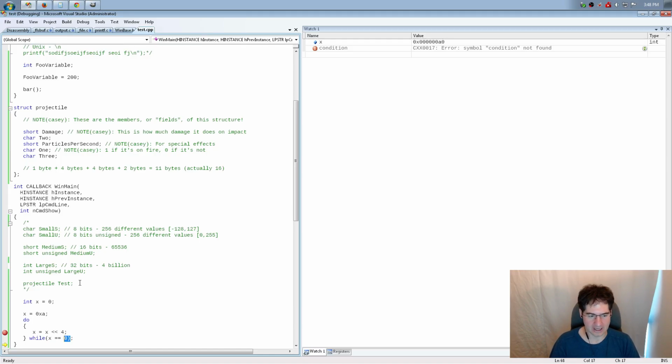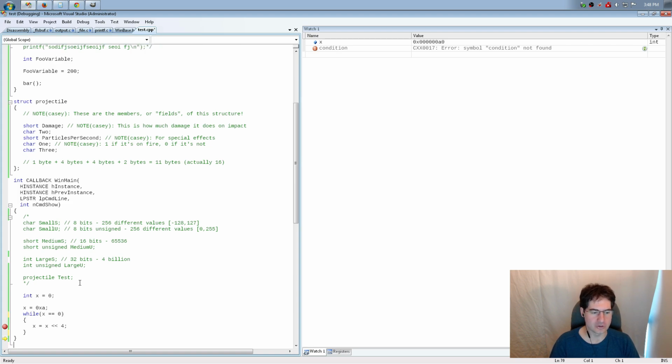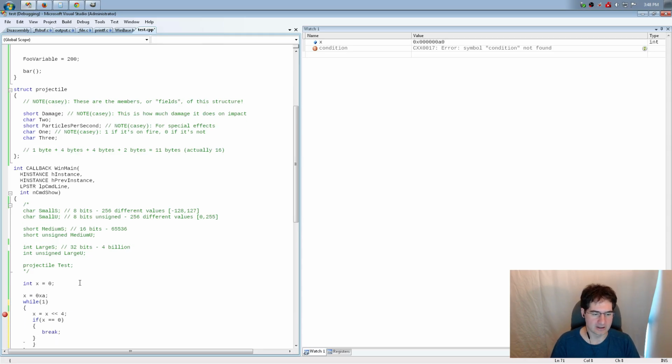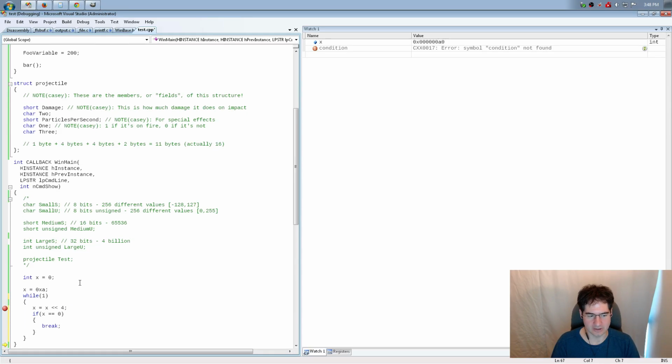And again, it's just shorthand. I could do the exact same transformation using the while loop by saying it's really just while one, and then I do the if here, and the break. That's all I did, essentially. Oh, sorry, not equal to. So whatever the while condition would have been, I can just test the not of that while condition and do the break. So basically, these are all just shorthand. There's nothing particularly fancy to them. They're not particularly interesting. It's just different ways of writing the conditions.